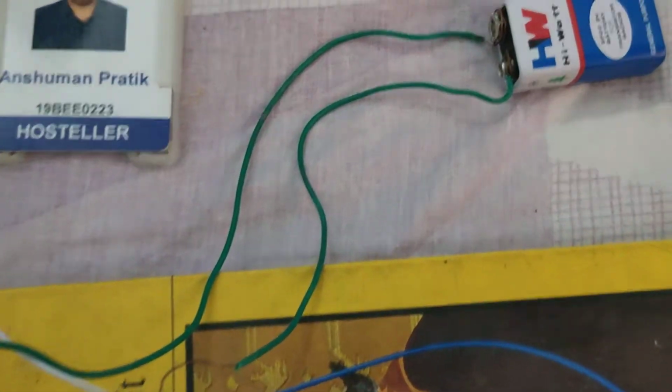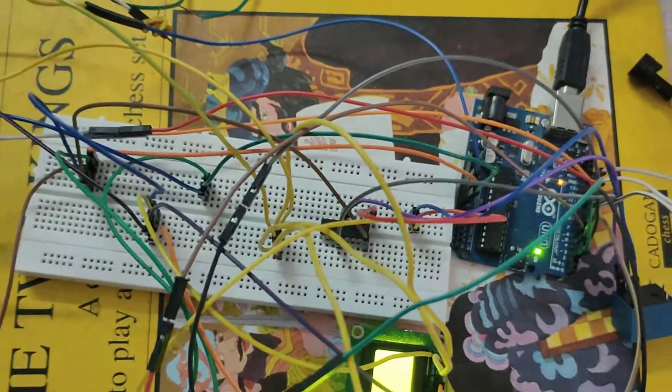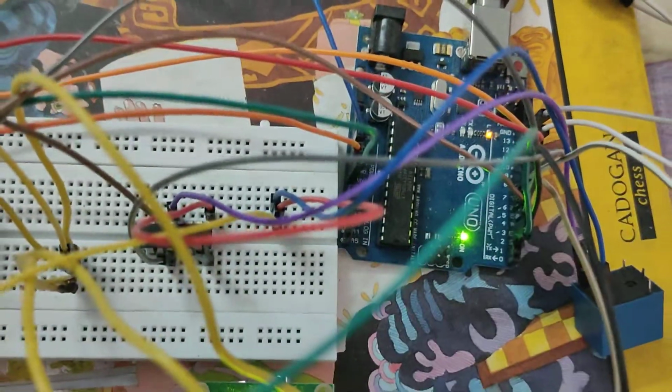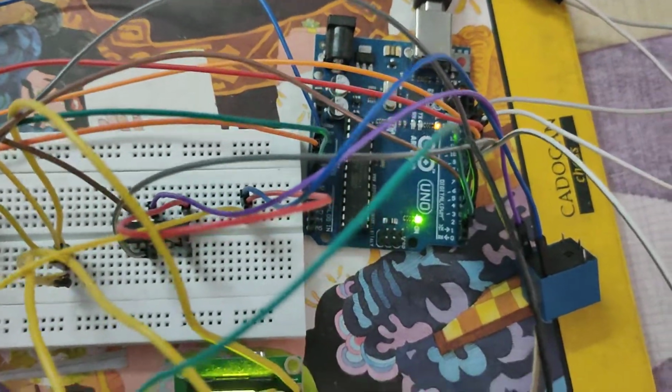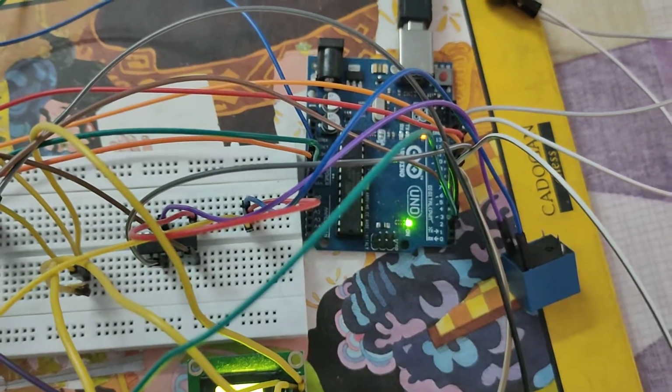And here is one of the 9 volt DC sources which is connected to the Arduino Uno for power supply. Here the Arduino Uno is used for powering all the circuit connections, and the sensor is used to detect the distance module. Here we have also connected one